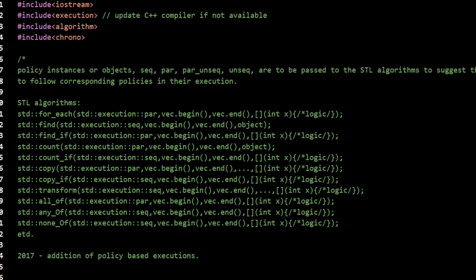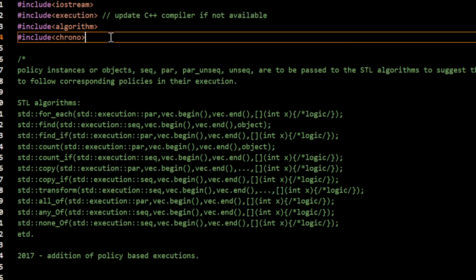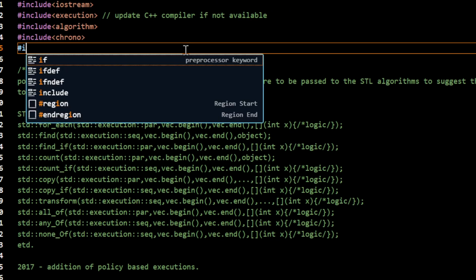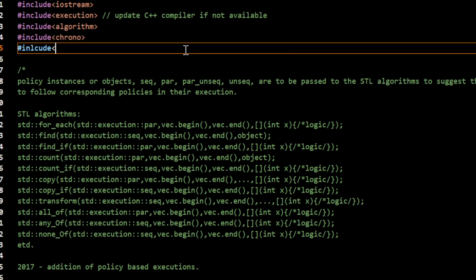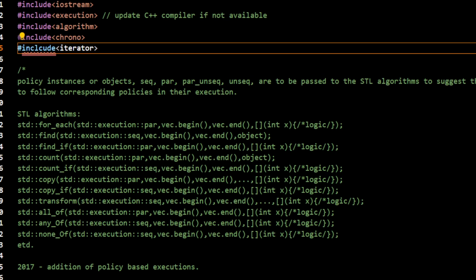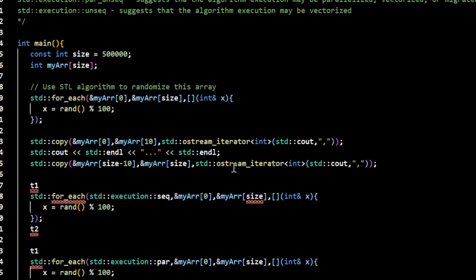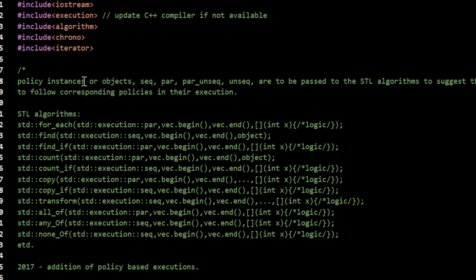Sometimes your compiler may complain, in that case make sure that you include the iterator library as well, right? So again, if your compiler complains about the use of this ostream iterator, then make sure that you include the iterator library